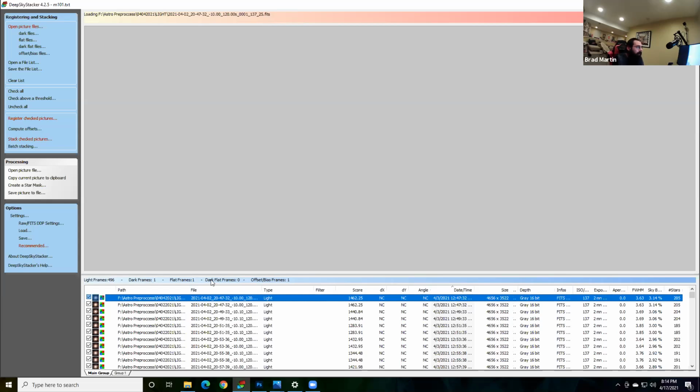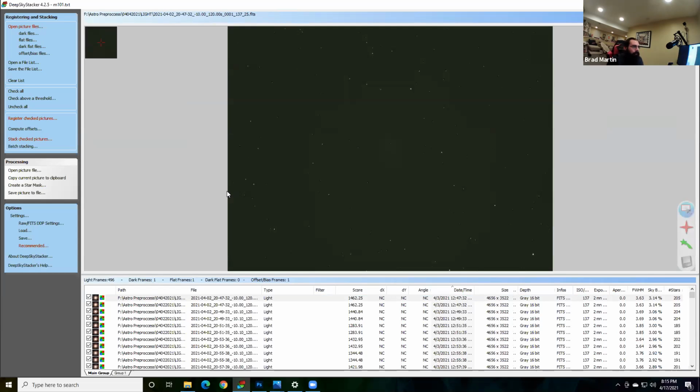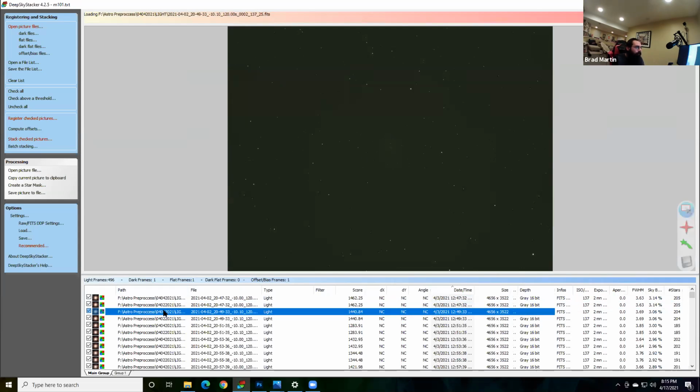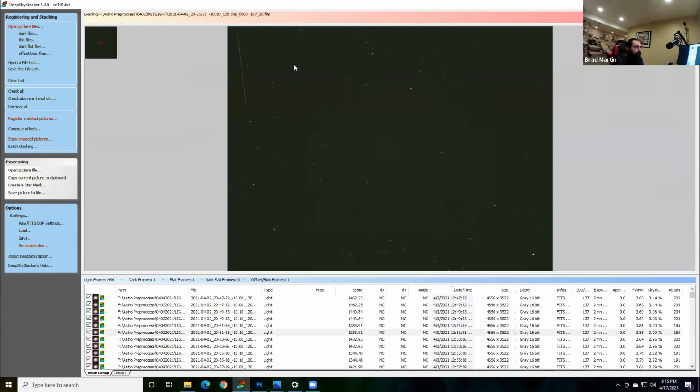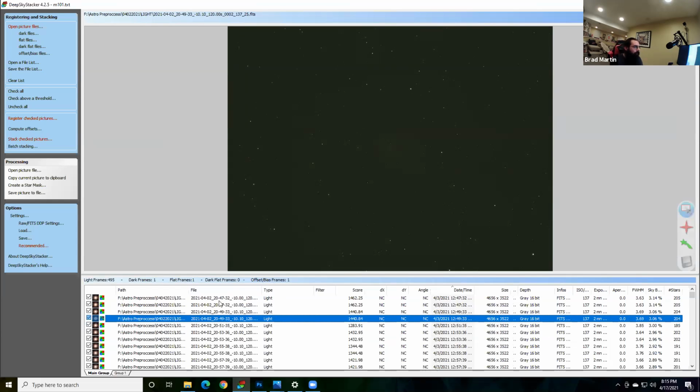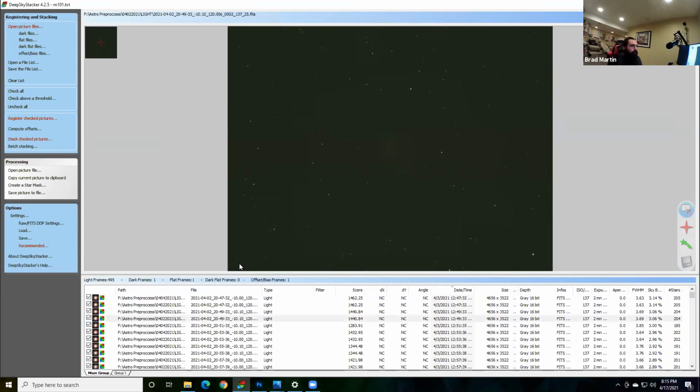And what's interesting is that this is what an individual exposure looks like. And this really doesn't look like much of anything. But when you iterate this type of exposure over and over and over again and stack them together, you're able to pull a lot more data out. One of the things that you do before you stack your images is look through them to see whether you've got anything like this one where a satellite has gone through. We don't need that in the stack. So if we wanted to, we could take that out ahead of time before the whole stack gets stacked together.